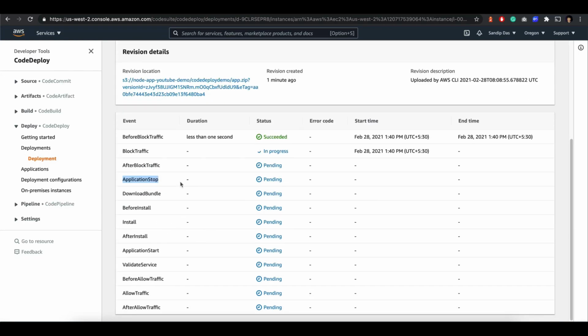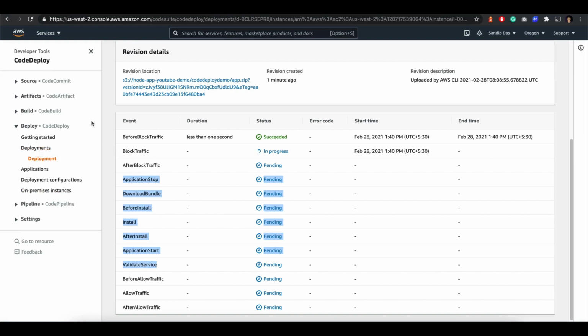It should not take much time, because these are the events from application stop to before allow traffic and the validation service. It's pretty fast, so don't worry about that part.